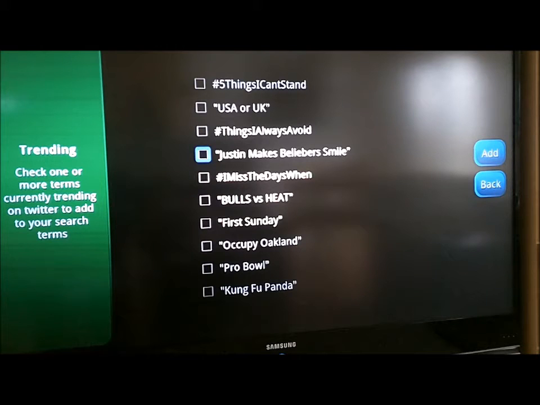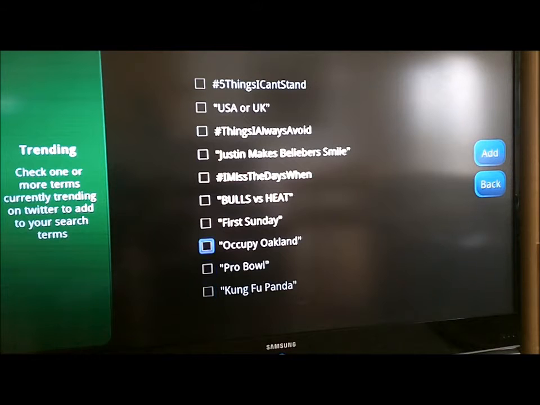But what I have found to be fun is that you get on this screen right here and you see something like Kung Fu Panda at the bottom. Then that must mean that Kung Fu Panda is on TV somewhere, most likely. The other night when I did it, Scary Movie 2 was on MTV, and it was number 2 or 3 on the list. So you could pick one of these and go right to that show, most likely, and then just sit and watch. So what I will do is I'll pick the Pro Bowl, see what's going on,